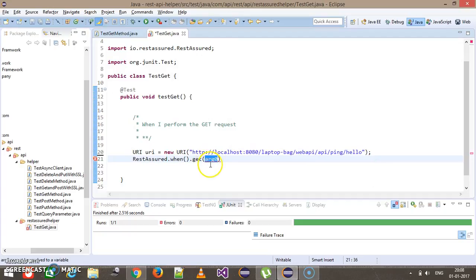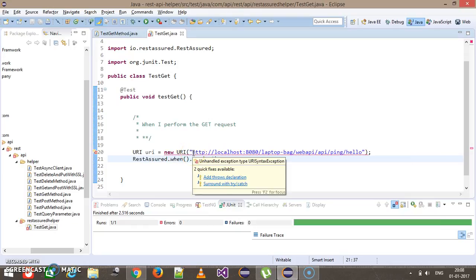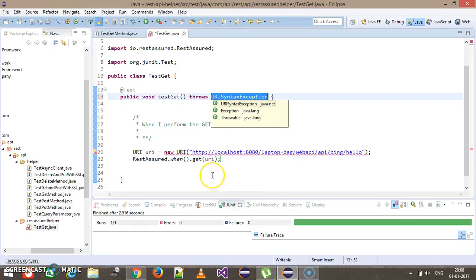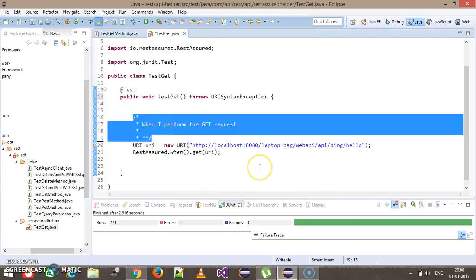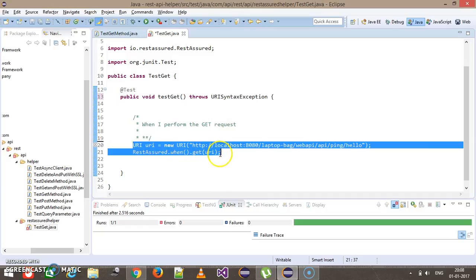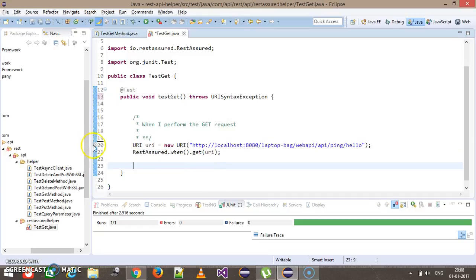I'm going to supply this object inside the get method, and this is going to throw us a checked exception. That's why I will use the throws keyword. So this is our get method using Rest Assured. First we define what this particular test case should do in the form of the BDD approach, and this is the coding part. I'm going to put a breakpoint over here,